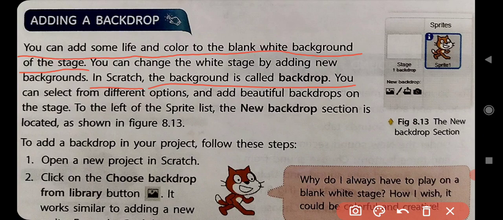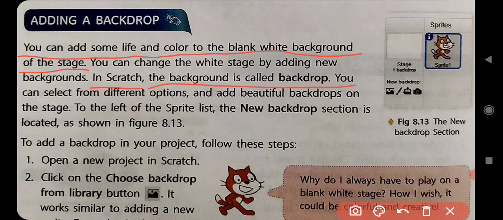You can select from different options and add beautiful backdrops on the stage. If you want a colorful stage instead of a white one, you can add a beautiful backdrop. To the left of the sprite list, the new backdrop section is located as shown in figure 8.13.